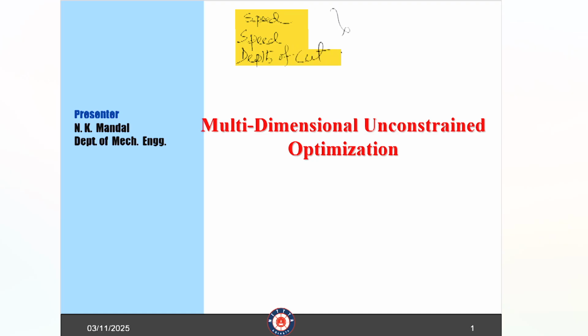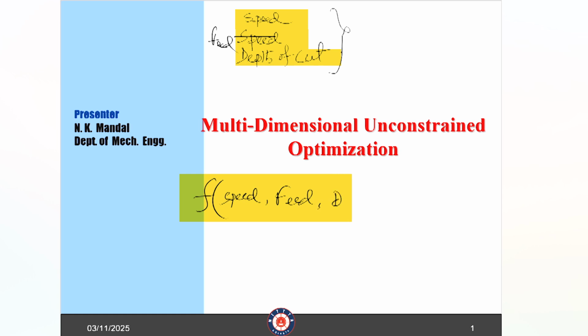So if my function consists of speed, feed and depth of cut (DOC), and the output is the quality of the product,